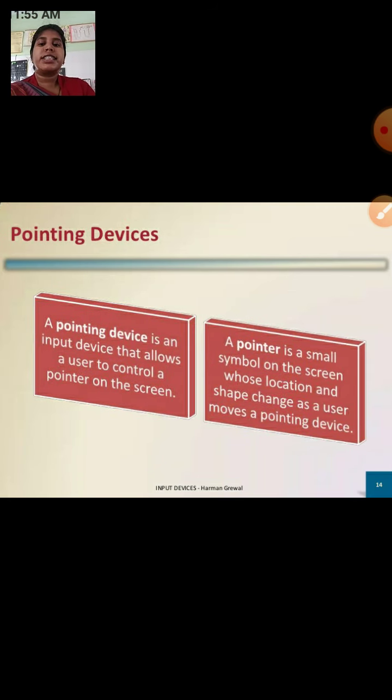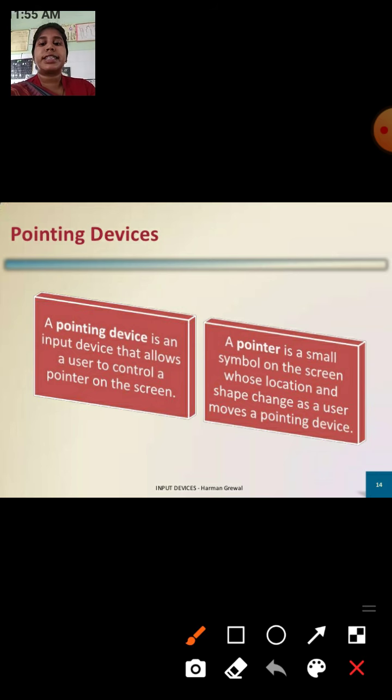Now next is pointing device. A pointing device is an input device that allows a user to control a pointer on the screen. That means we give instructions to our computer system with the help of controlling the pointer on the screen. A pointer is a small symbol on the screen whose location and shape change as a user moves a